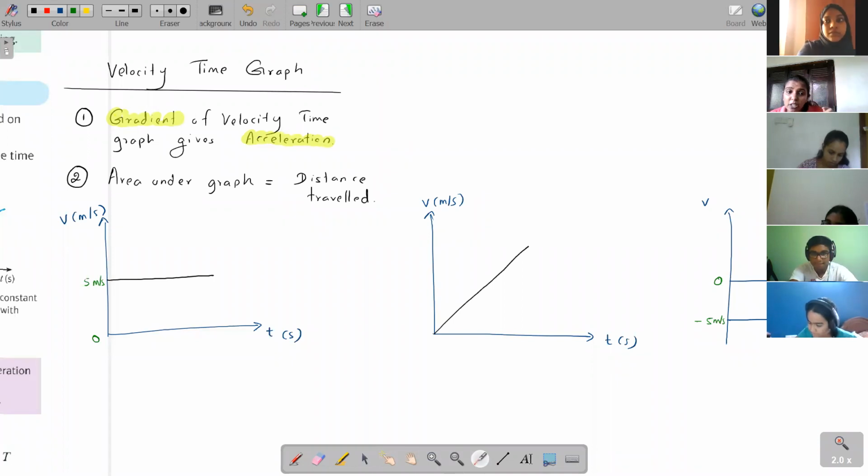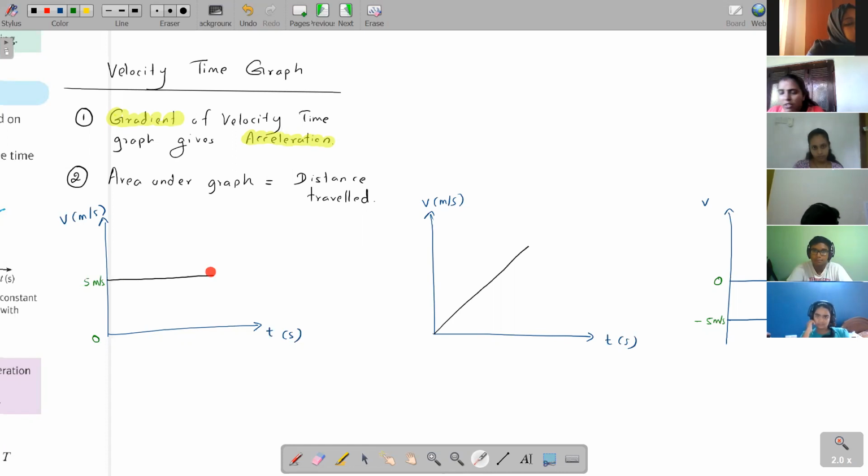Do you know the real meaning of acceleration? When you are going in a vehicle, accelerating means you really increase your speed, so velocity is increasing. Going at constant speed means you're keeping the same pace. Accelerating is where your velocity is rapidly increasing. Maintaining the same velocity is called going at constant velocity. The gradient gives the acceleration.